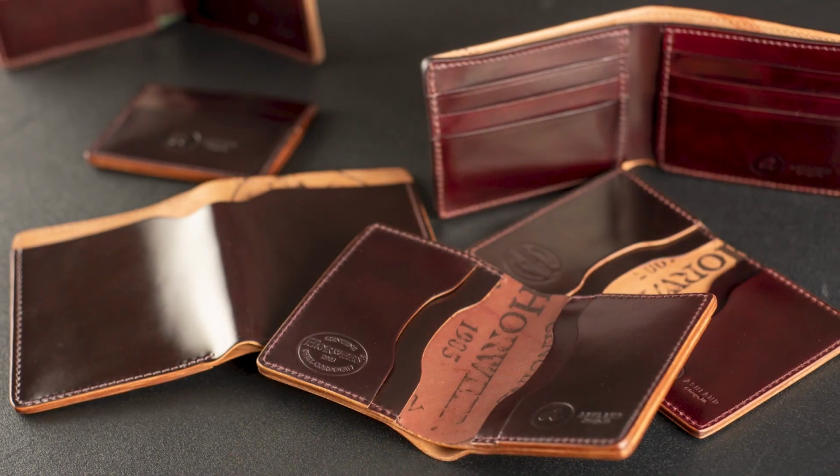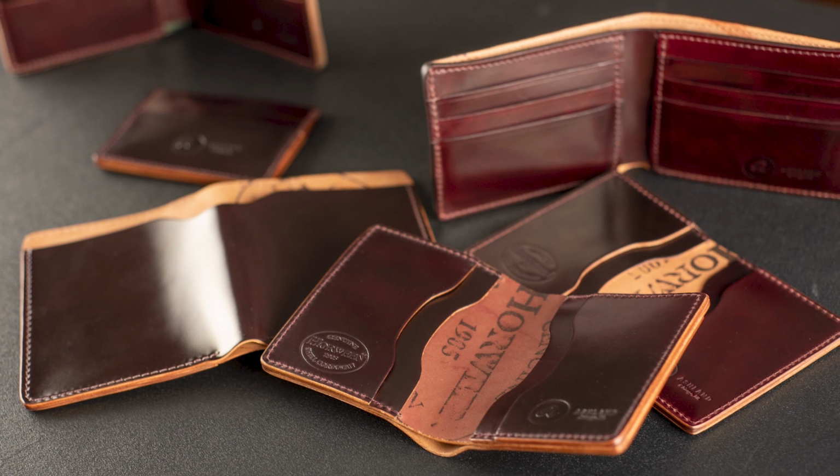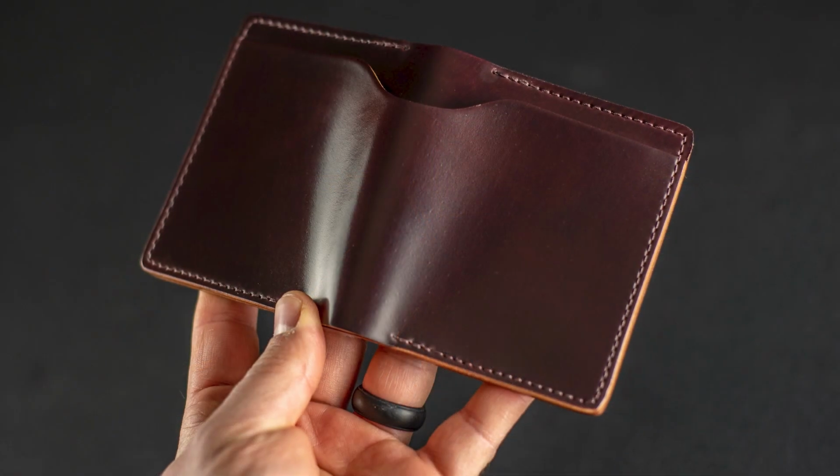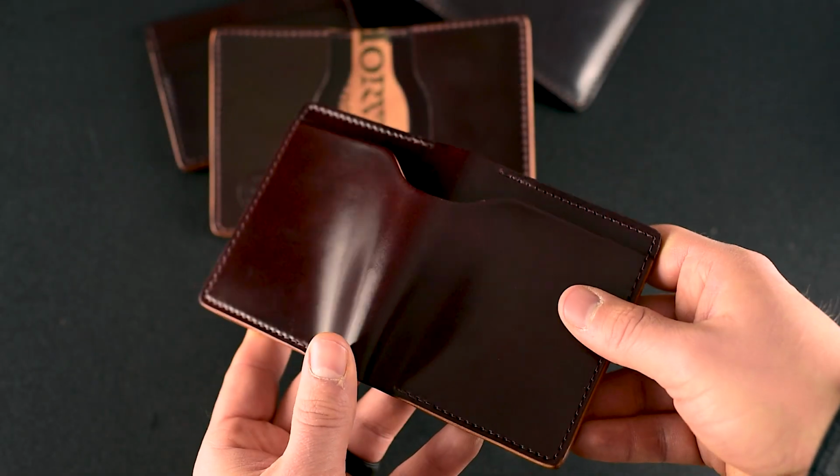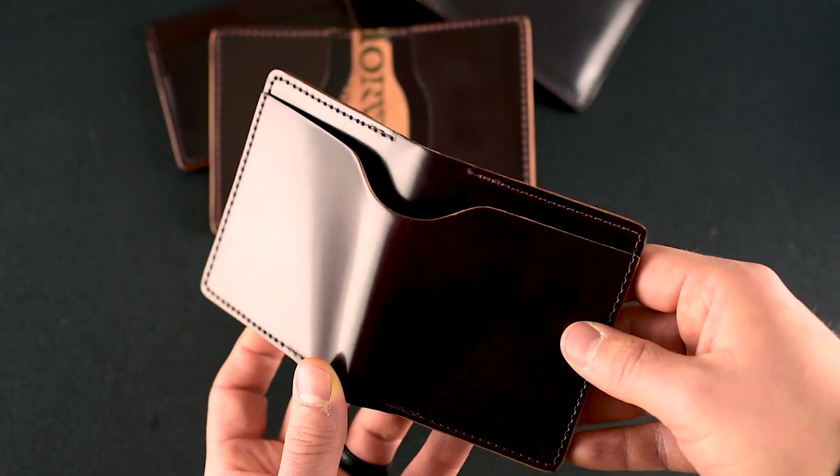I thought it'd be great to show you some of the wallets that we're shipping out today, and we're going to start with the classic Color 8 Shell Cordovan. And the Color 8 Shell Cordovan is this dark brown burgundy shade that has sort of become synonymous with the